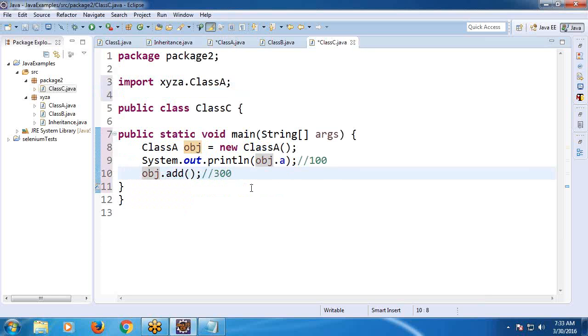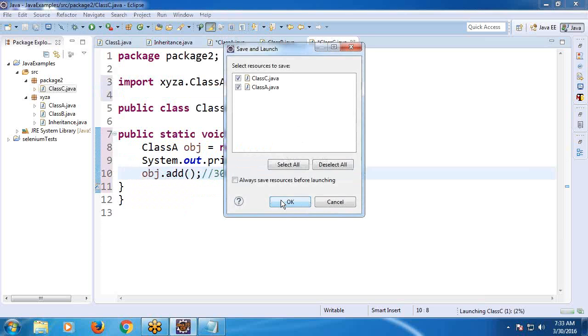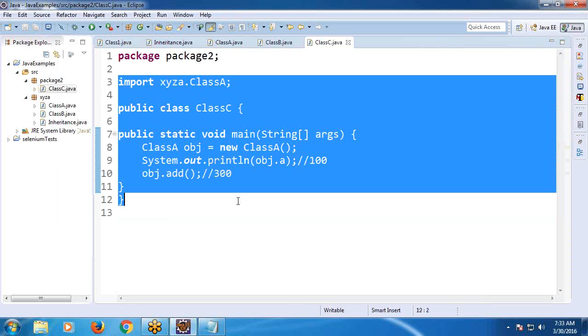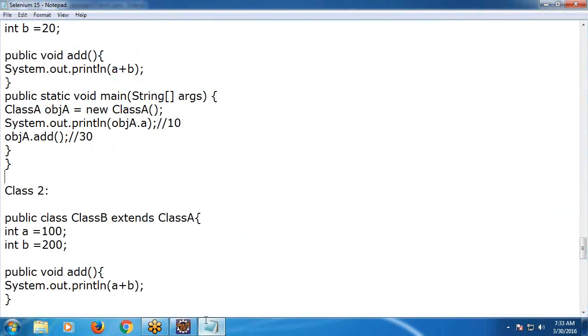Okay. Run. 10, 30. By importing that package,